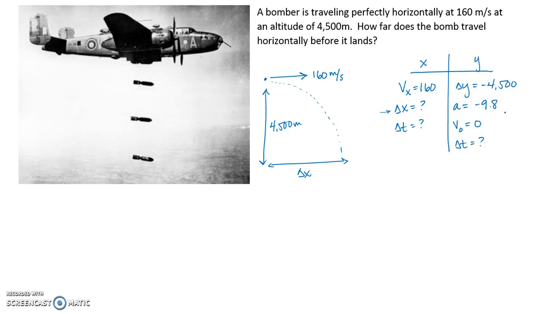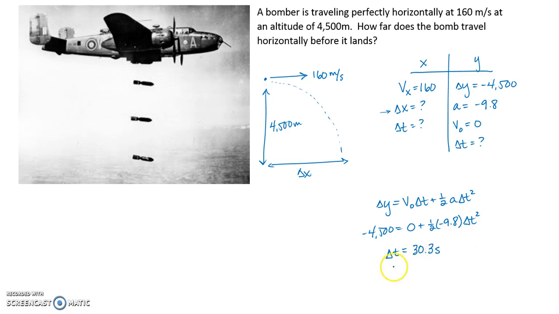So if I look down my list of kinematics equations, the equation that's going to help me is delta y, and it might look like delta x on your sheet, but basically y is for the y-plane, equals v sub naught delta t plus 1/2 a delta t squared. So let's put in the information we know. Negative 4,500 equals 0 plus 1/2 times negative 9.8 times, looking for that change in time, which happens to be squared here. So when I do the math, we find out that our change in time is a whopping